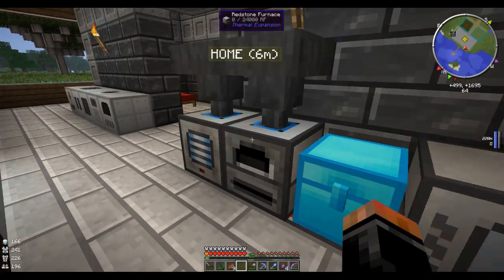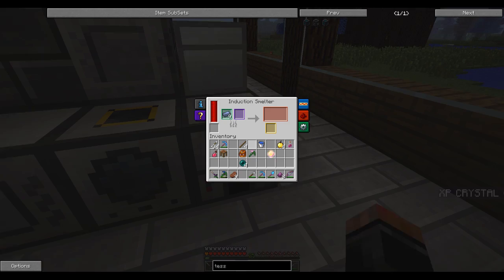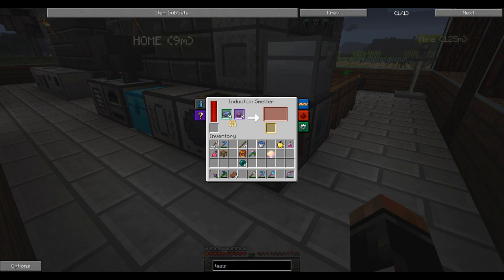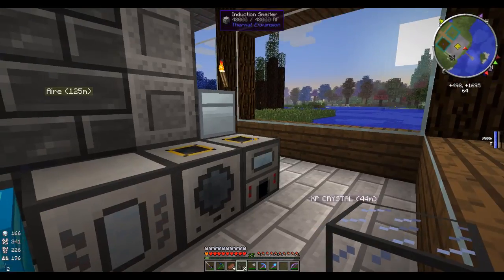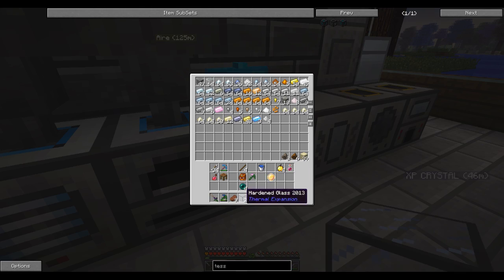But yeah, so basically you take 8 of these. That's why it takes so much, and why you need to go grab all this obsidian. It turns 8 obsidian and 1 lead ingot into hardened glass, which is great. And this is what is used to make tesseract frames, and also what we're working on today